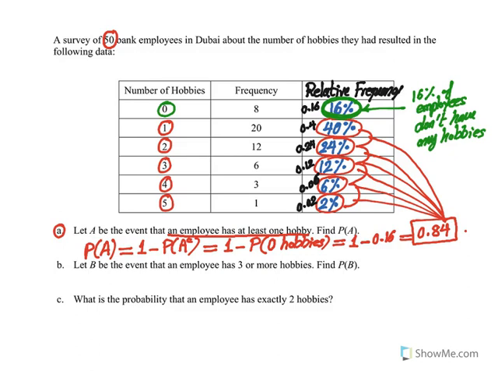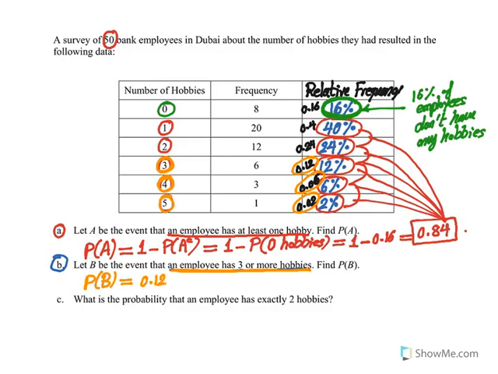Okay, now the second question is, let B be the event that an employee has 3 or more hobbies, find the probability of B. So we want 3 or more hobbies. I'll do it with this color so that you can see where we are. We want 3 or 4 or 5 hobbies for the employee. So this means that we will add 0.12 and 0.06 and 0.02. So you can write that probability of B is equal to